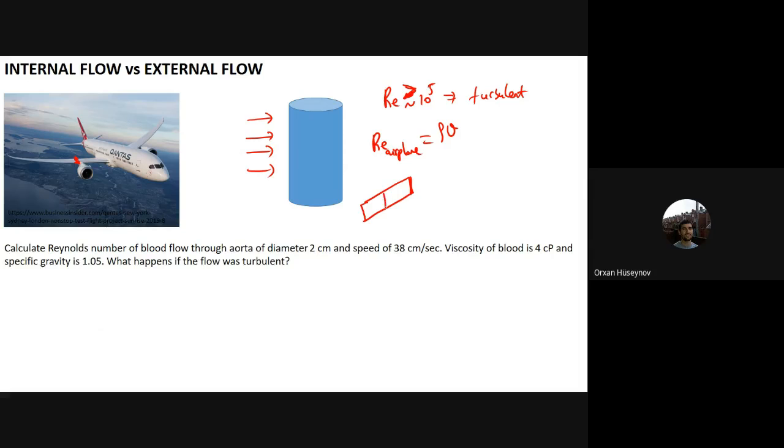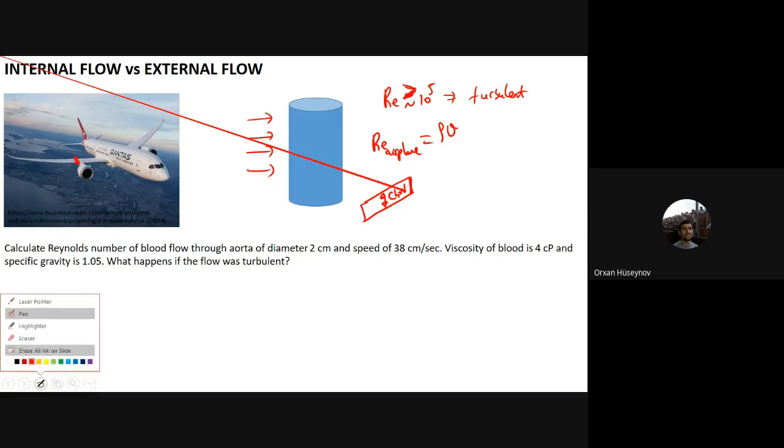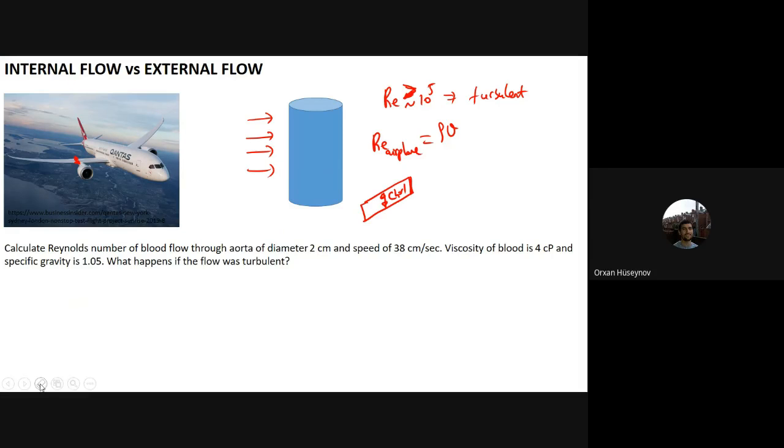We are taking the distance as this one. Let's see, chord length. And for that chord length, average 4 meters or 3 meters, you can calculate chord length. And you can calculate the Reynolds number for the airplane, and the velocity of the airplane is, say,